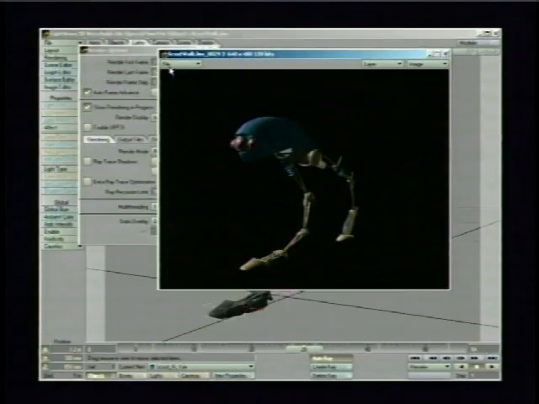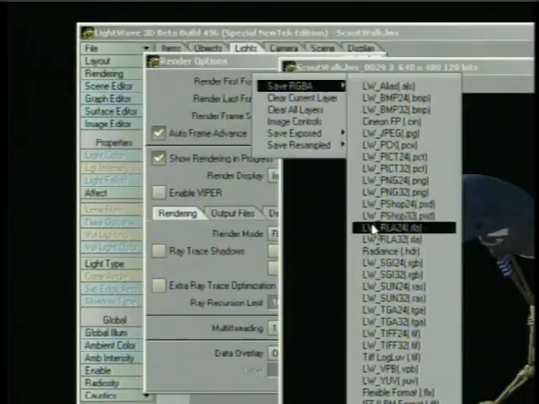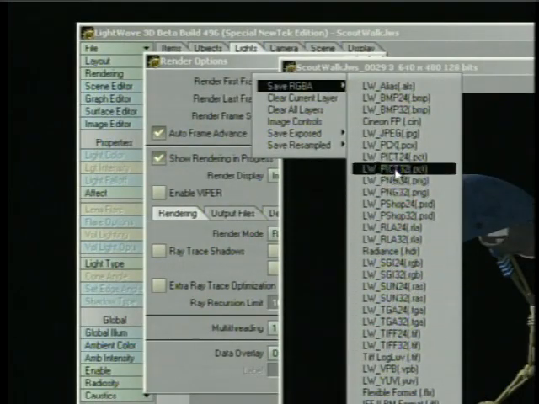Finally, over here on the file pop-up, you'll see we have save RGB. And this is how you can just go ahead and save out a single frame that you've rendered. So if you're just going to be doing test renders and you see one that you like, maybe you want to send a test frame to the client, you can just come in here and choose any of LightWave's different image savers,